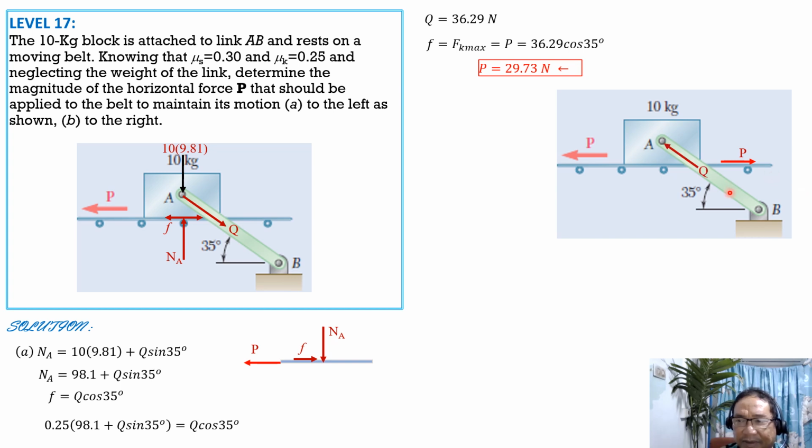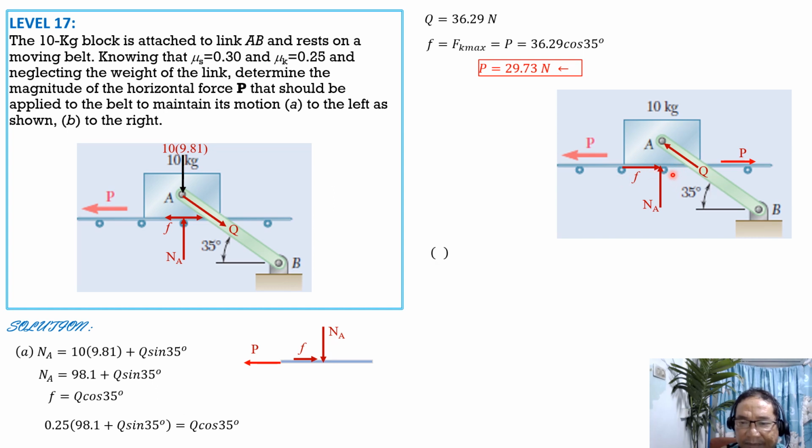Then we have the effect of pulling the belt rightward, which is to have this reaction on the link AB, Q, up to the left to oppose that force P. Then normal at A, then the weight, then friction, which is this time to the right on the underside